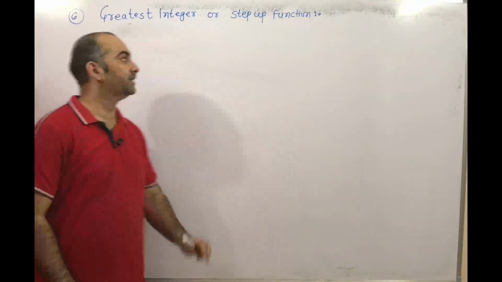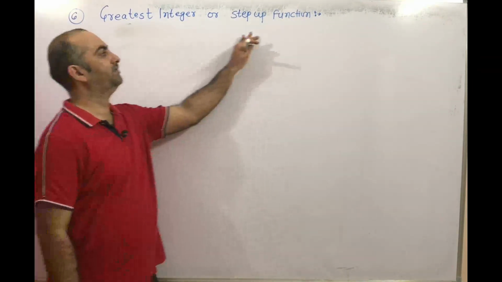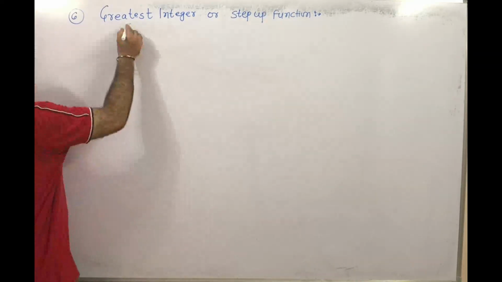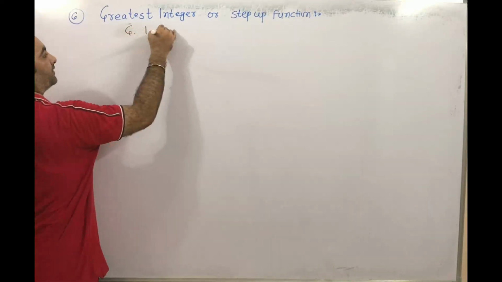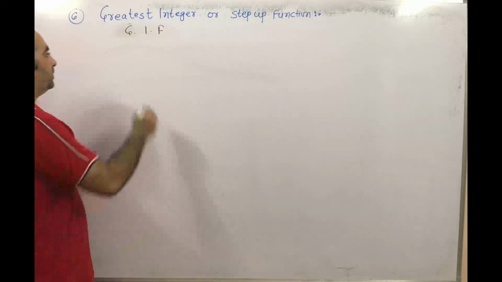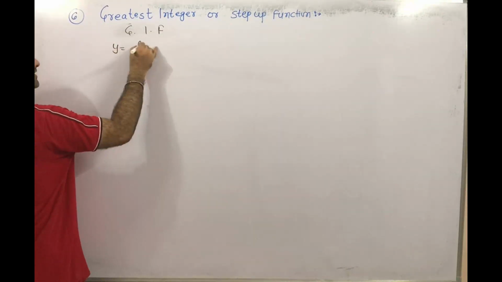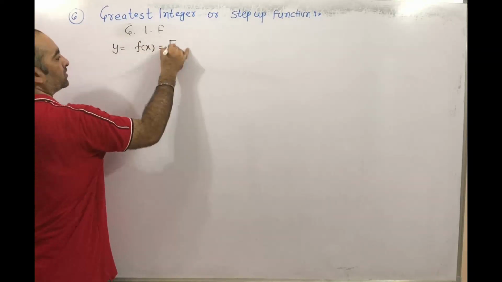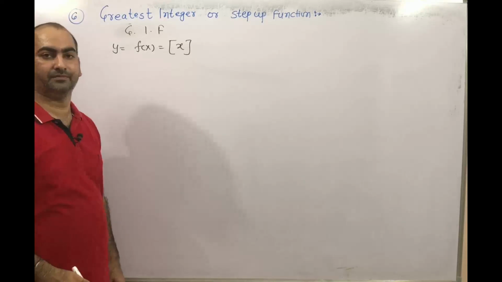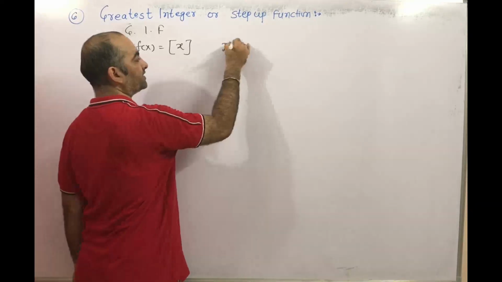Next function is the greatest integer or step up function. So what is the greatest integer function? We can write it like this, or GIF, greatest integer function. Then how to define this function? So y equal to f(x) equal to [x]. This function is called the greatest integer function, and it is always